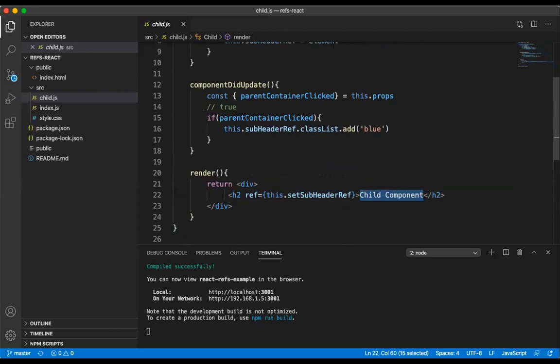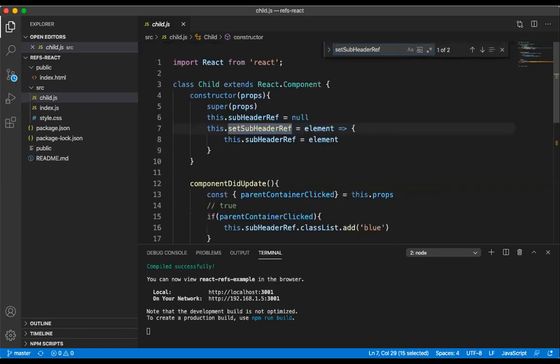But coming for this, what it should show is, this subHeadRef, whatever we are having here, is just an element. That is just a normal variable which is accepting the element of subheader ref. So what is this subheader ref? Initially it is a null value. So I am going to use this subHeadRef, whatever it is there.